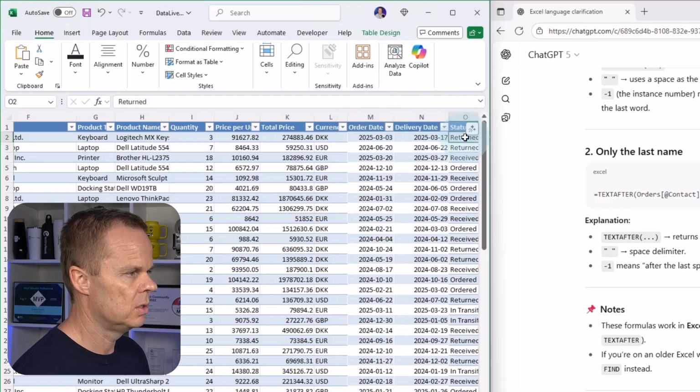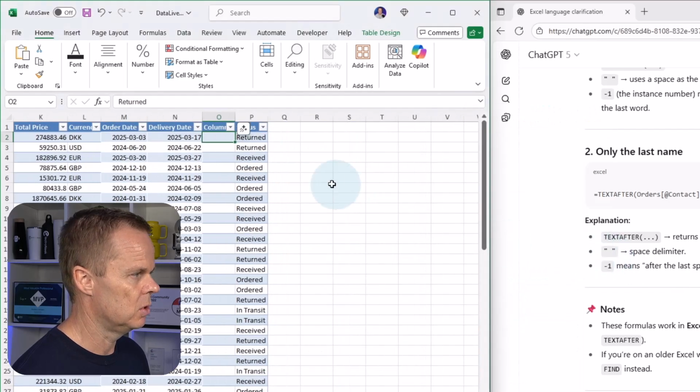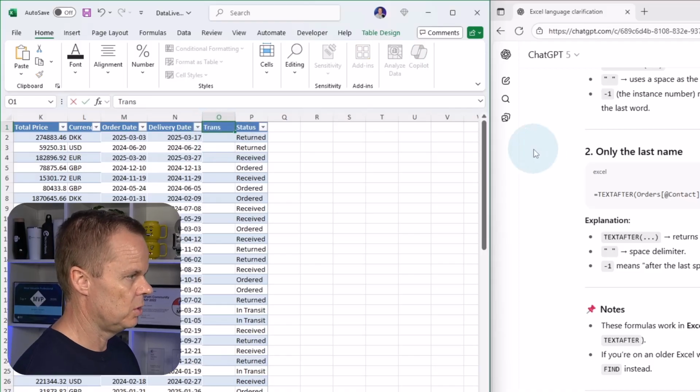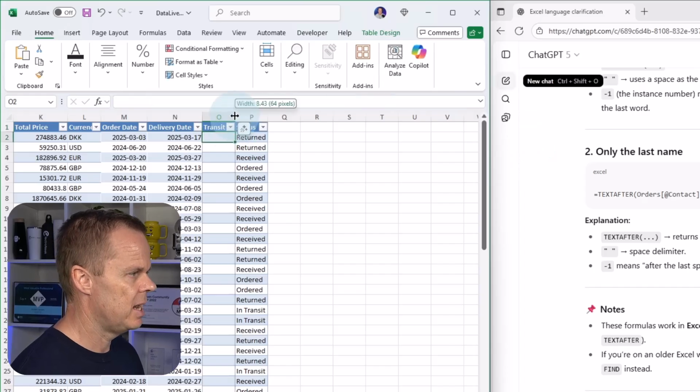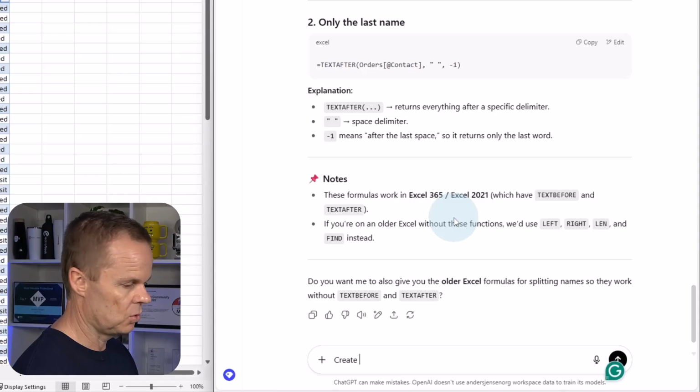So what I do here is to right click, I will insert and say table columns to the left. Then I will rename this. I will call this transit days. Let's start by going to ChatGPT chat, and then I can say create a